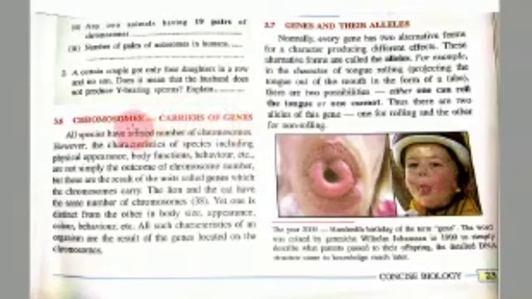What is a chromosome? Last class we learned about autosomes and allosomes. What is an autosome? Body chromosome or somatic chromosome, and allosomes are otherwise called sex chromosomes. Autosomes in the human body are 22 pairs, and allosome sex chromosomes are only one pair, the last pair, the 23rd.